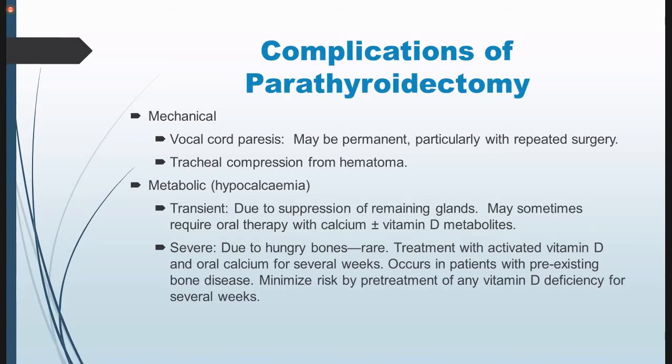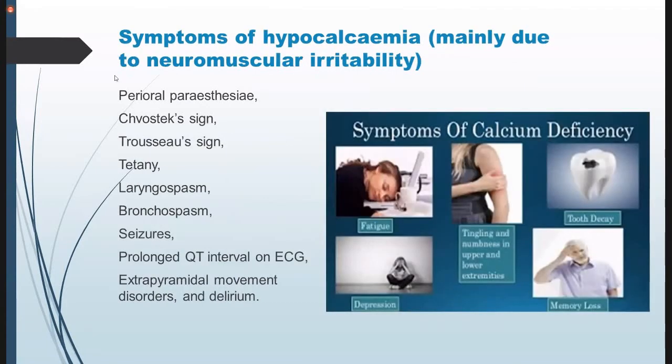Now to prevent that, the advice is to treat the patient before the surgery. And for that, you need an assessment. You have to check the bones, whether they are affected by hyperparathyroidism and how much they are affected, how much bone disease is there, and check for any vitamin D deficiency and replace that adequately, but not the calcium, only vitamin D, okay? Once these things have been optimized, then hungry bone syndrome will not happen.